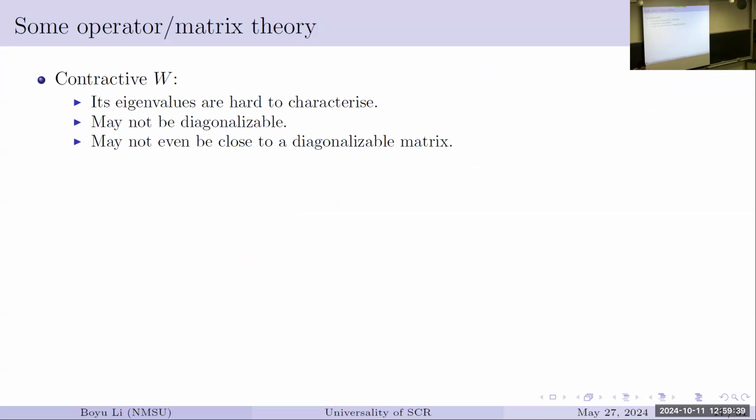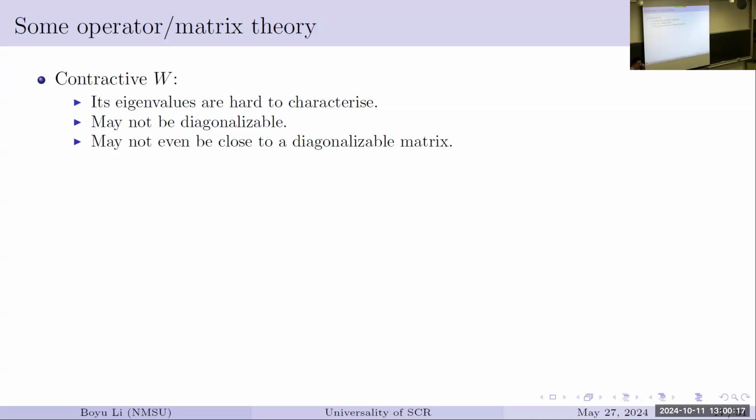So first of all, if I just give you a general contractive matrix, it's very hard to say the structure of that. Its eigenvalues are going to be in the disk, but it's hard to say where they are. That's the first one. It's in general not diagonalizable, so we cannot do those tricks to make it diagonal. I mean, you can put it into some specific form, but those are not easy to work with. If you have, say, a Jordan block, then even if you take the powers of that, it's still hard to say what they are going to be. So they're not diagonalizable, and this is a problem.